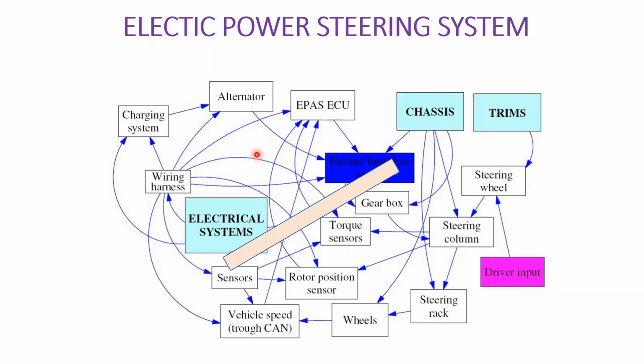So even you can have the charging system for a vehicle. How you are going to get an input for the charging system is through the electrical system, and for charging, you are also having the alternator. Alternator is nothing but a starter motor, right? That is used for starting it. So this is how the interaction you need to prepare for any of the systems.